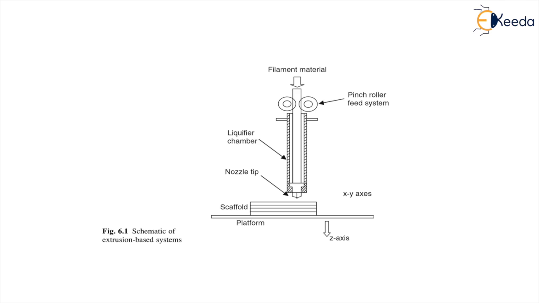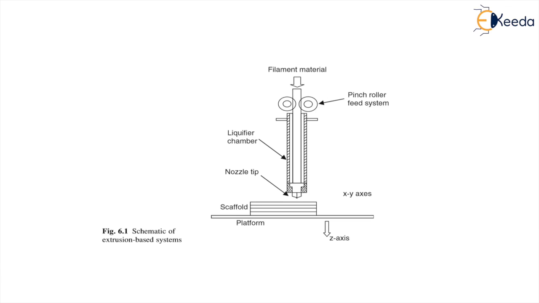Here, the polymer is extruded or drawn through this heated nozzle, which is mounted at the tip on the movable arm. We are supplying this hot filament material. The nozzle moves in the horizontal plane, this XY,